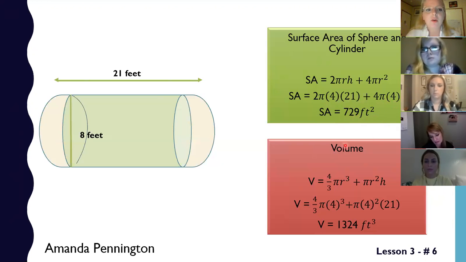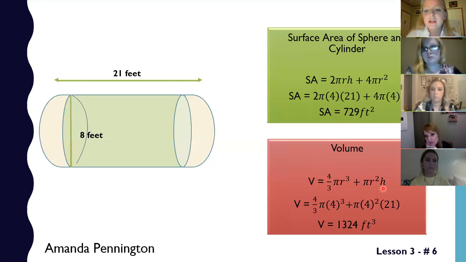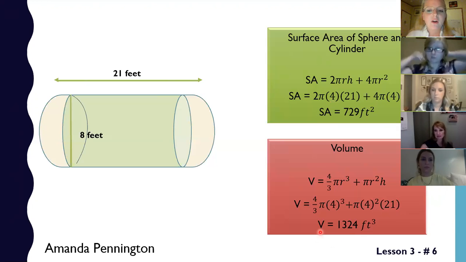And so now we're going to go ahead and move on to the volume. And the volume is going to be 4/3 pi r cubed, because of the sphere, plus pi r squared h. So we know that we can go ahead and get that situated with our plugins. So we can go ahead and do 4/3 pi, plug in our 4 for the radius and cube it. And then we're going to add pi, put the radius in, 4 squared, and the height of 21. And when we solve that, we're going to get a volume of